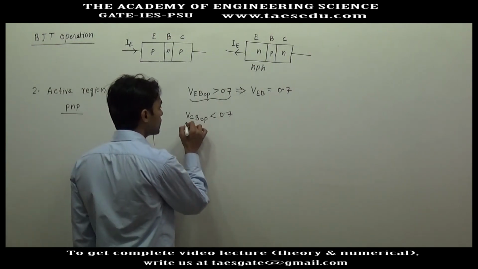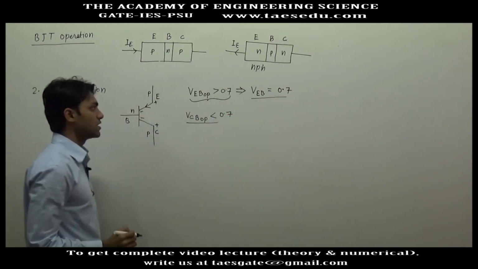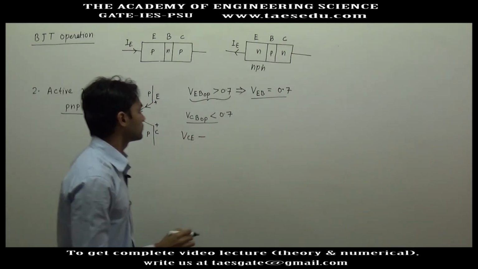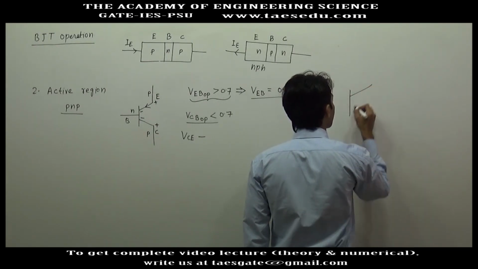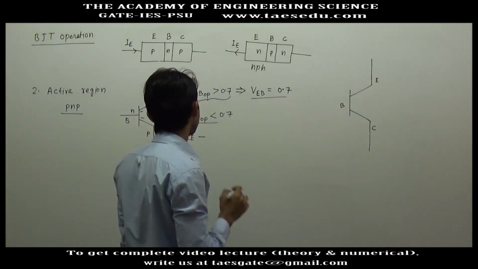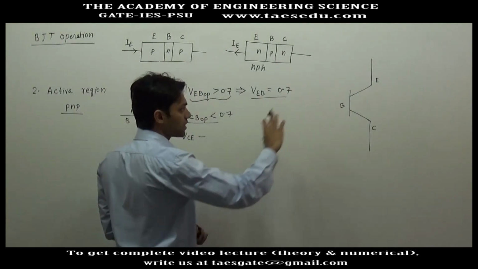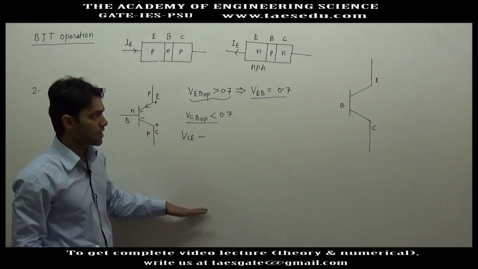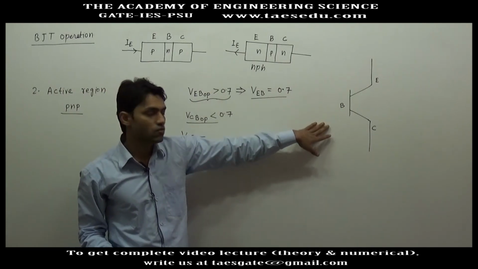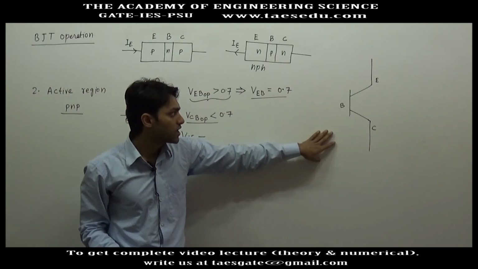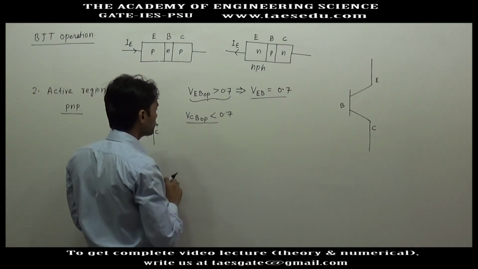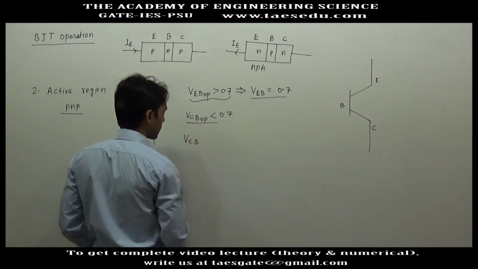Okay, now again we will try to derive this condition in terms of collector emitter voltage. So we will first find the relationship between these three voltages, or from KVL also we can do it. Since I found the relationship between these three voltages with the help of KVL in case of NPN transistor, here I will find it out differently.